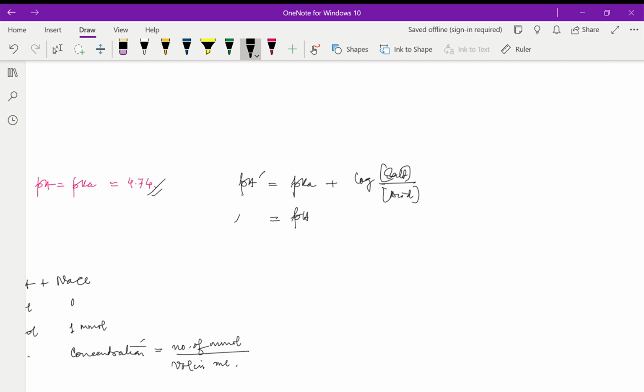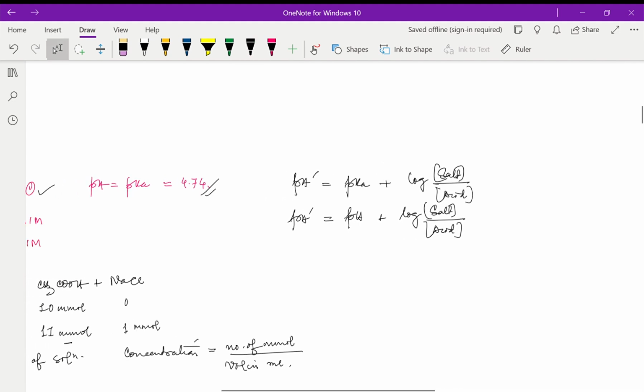So it is going to be pH prime equal to pH plus log of salt by acid,